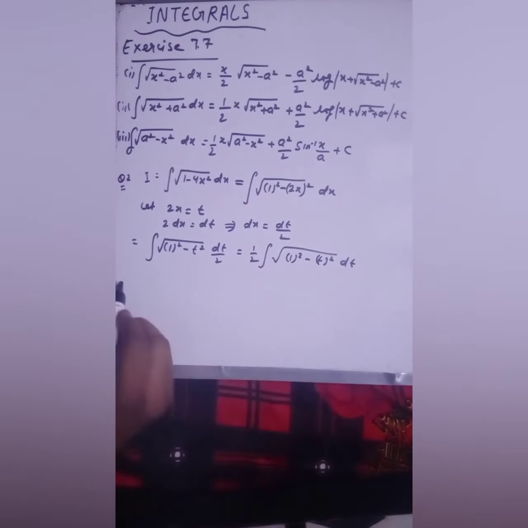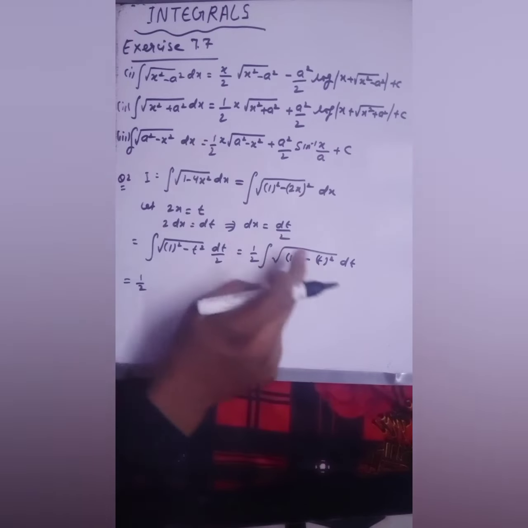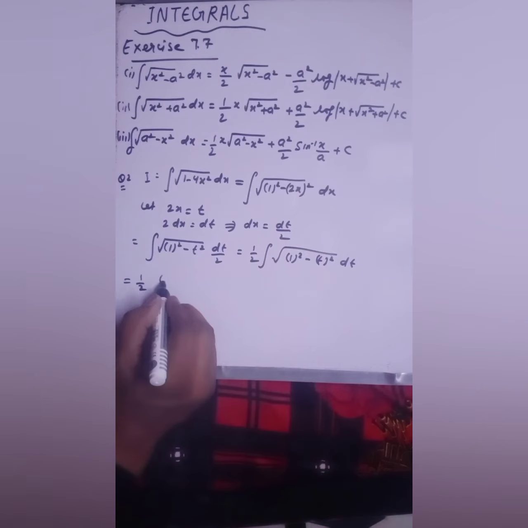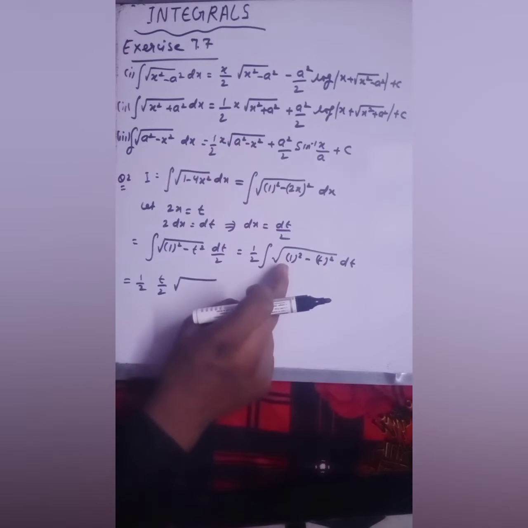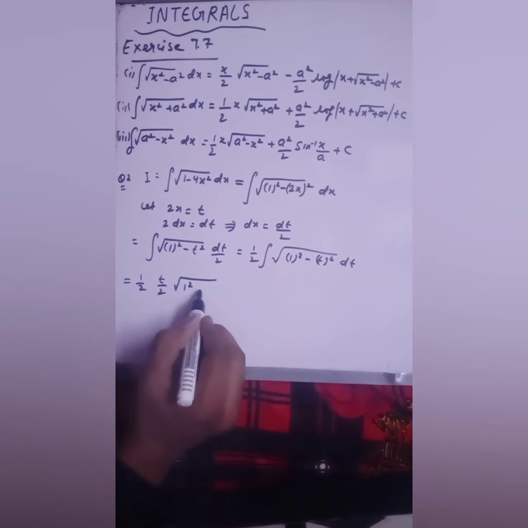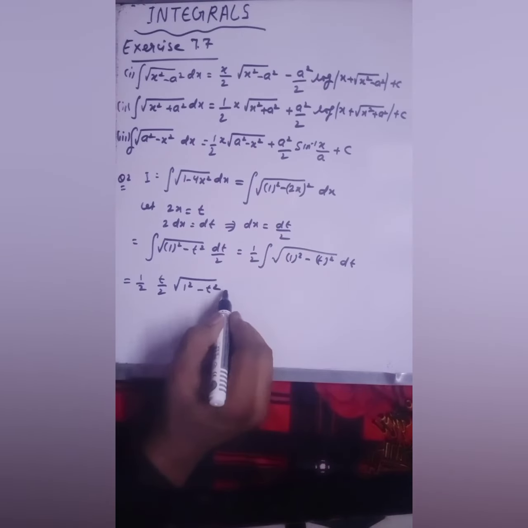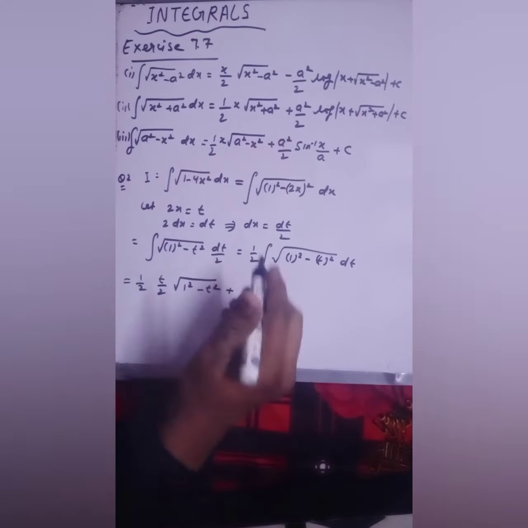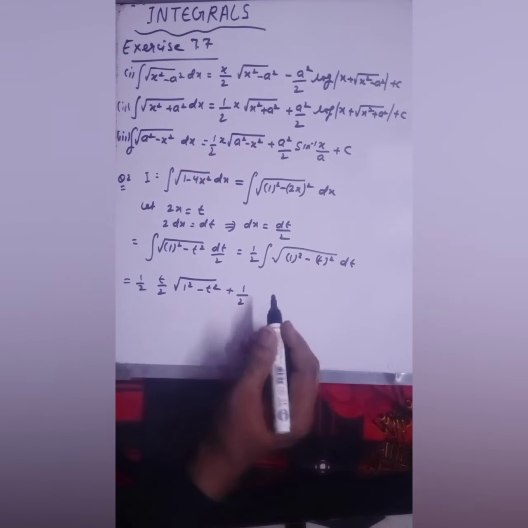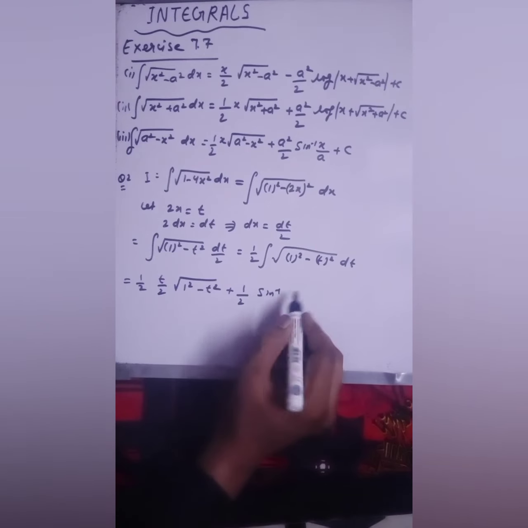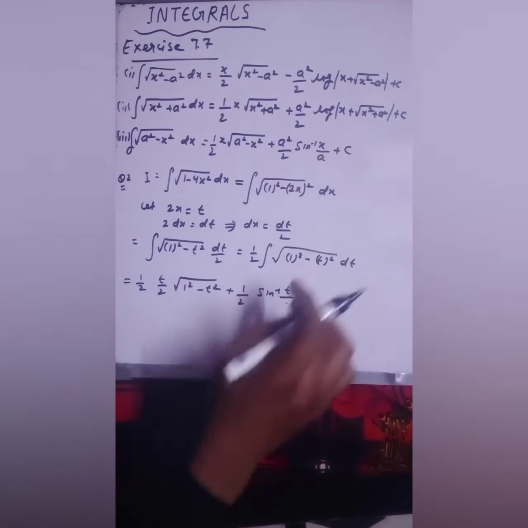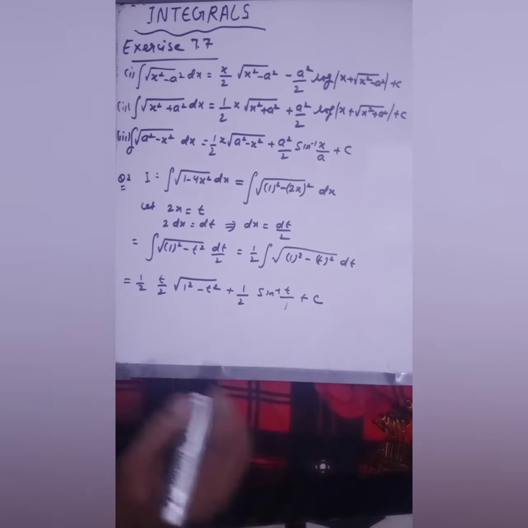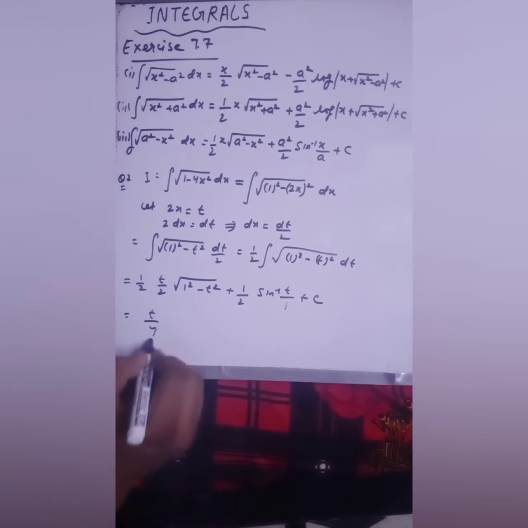In place of this, I am just applying this formula. This is your x by 2, your x is t, so t by 2 under root a square minus x square, that means your a is 1, so 1 square minus t square, plus a square upon 2. Your a is 1, so it will remain 1 upon 2, and then sine inverse x upon a. Your x is t and a is 1, plus c. So this would be t by